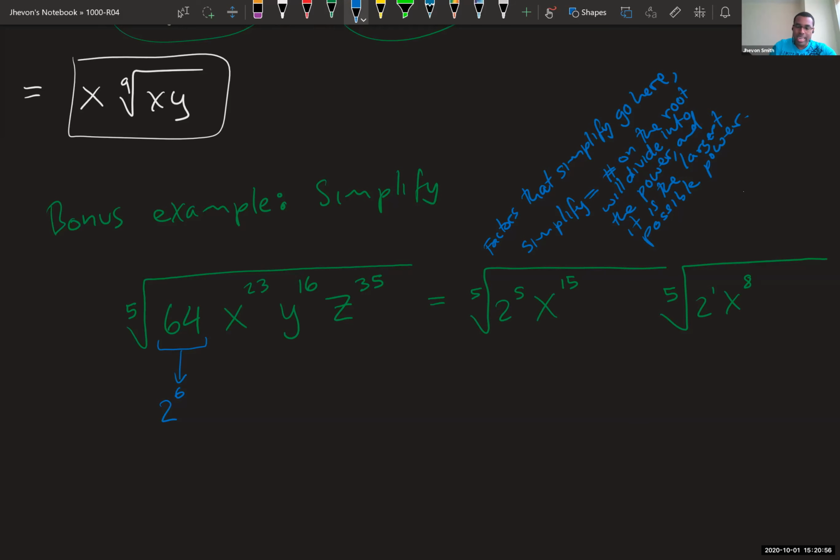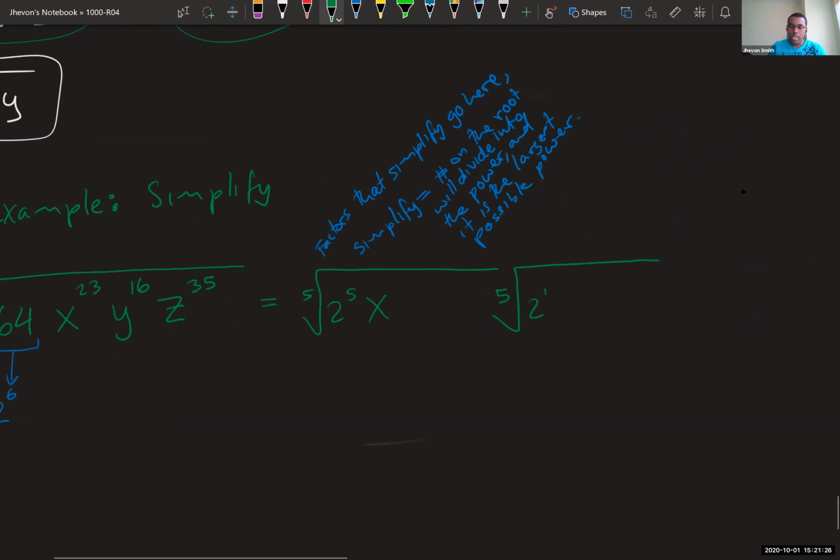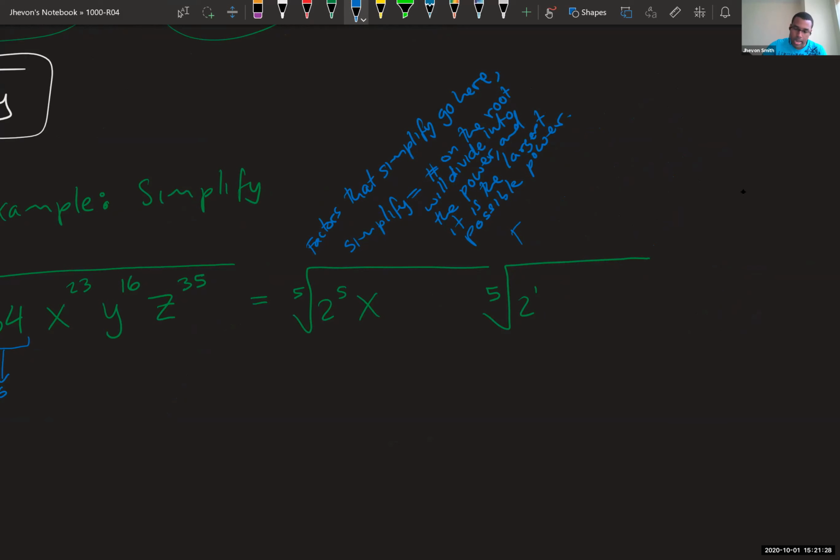Because you'll realize that x to the 8th can be simplified further. I can get an extra 5 factors out of that, right? So there was a way to break this down so that it's even smaller, even simpler. There's more stuff to simplify. So the 15 is not the largest possible power, the largest possible part of 23 that is divisible by 5, right? So it's very important that you pick the largest possible thing, where what's left over is actually smaller than the root. So factors that don't simplify here,